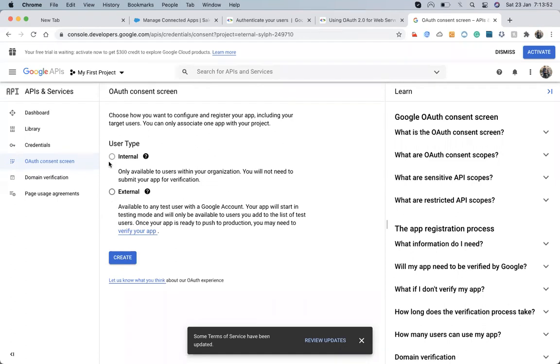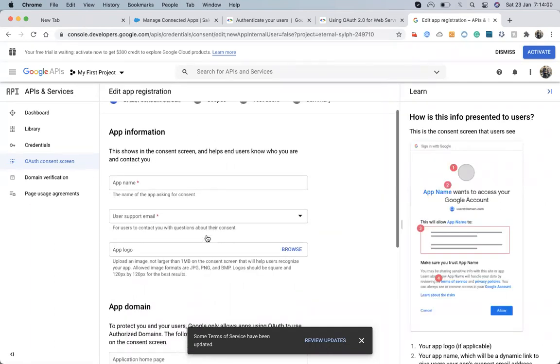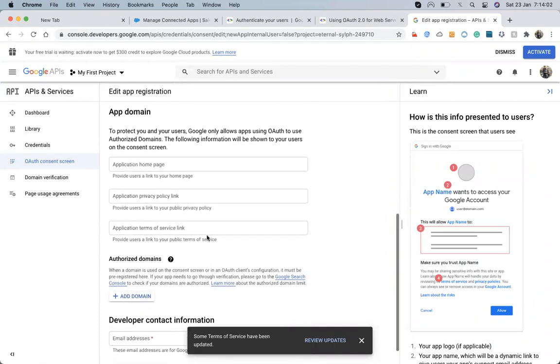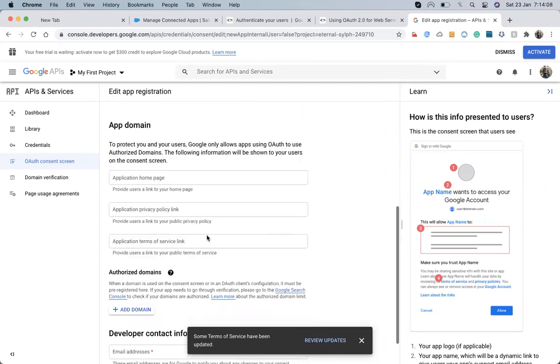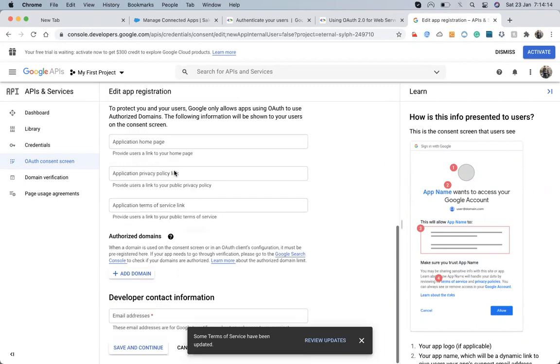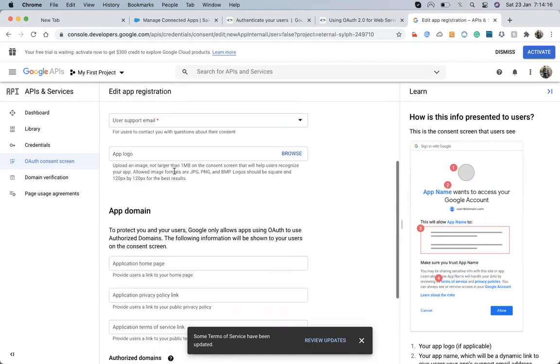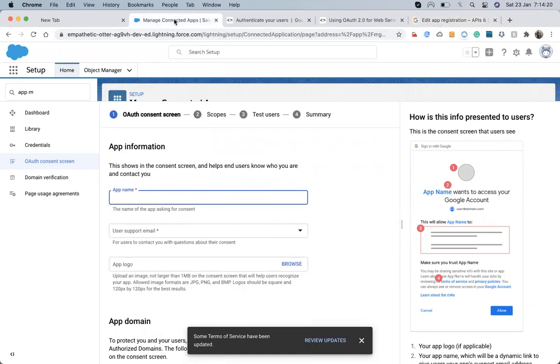What is it asking? Let's create an app first, just like for the connected app. Remember, for the connected app we do the same thing: we give the app name and all those things.